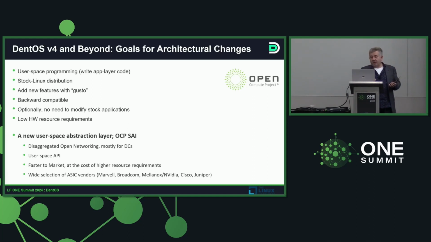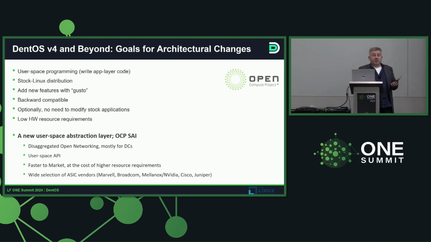The solution that we came up with is a combination of two worlds. We think that it's the best of the two worlds. One is, yes, switchDev is available, but there's another abstraction layer available. It's called SAI. It's used by the other operating systems. It's supported by a large number of vendors, ODMs and ASIC vendors. So can we use SAI, OCP SAI, that would enable the customers, the users, to use user space APIs without going to the kernel,